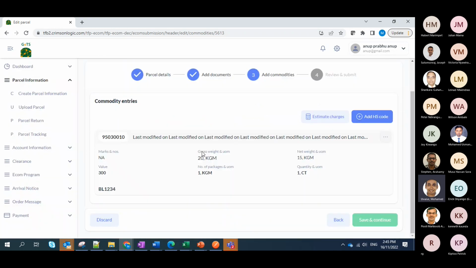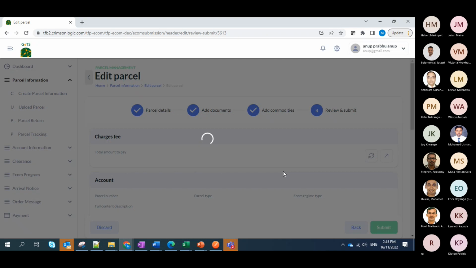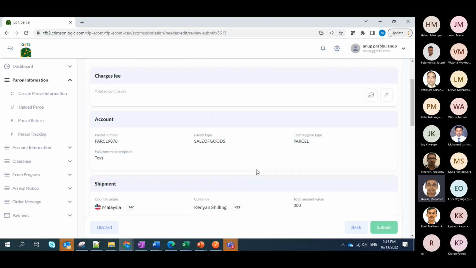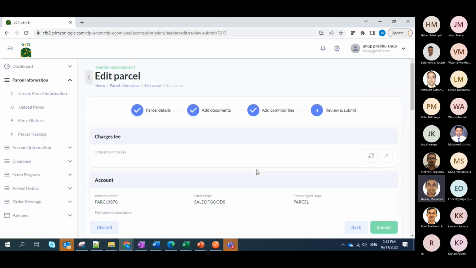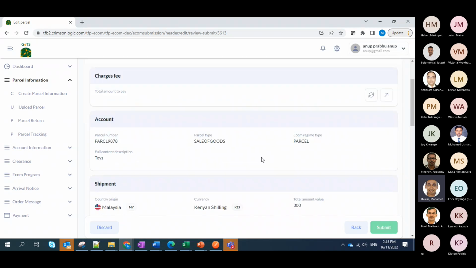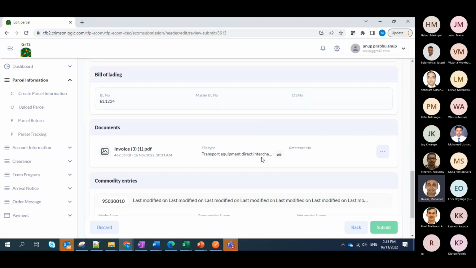Then there's a provision to enter details in terms of the commodities, the HS code, and some information on the weight and value. And finally, after all the information is keyed in, there's a review stage where the information could be reviewed.